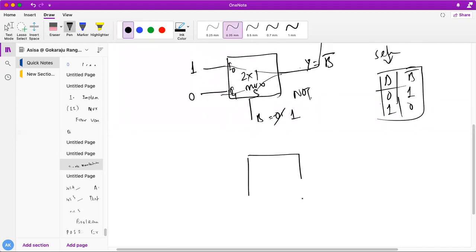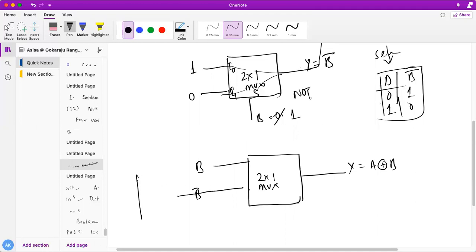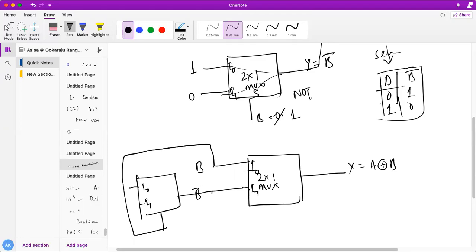Very simple, students. This will be very important also for any type of electronics examination, PSUs and all. Please remember, every time I am telling this, mux as a universal, many times I am telling this, it will come many times actually. So this is my B, this is my B bar. So here what I will do, the output will be connected to another mux where this B is nothing else but my B. Okay, so this is my B, and here I0 and this is I1, this is also I0 and I1. This I0 is B, this is my B bar output, and here it is 1 and this is 0, and this is my final output Y. Okay, and the select line here is A.